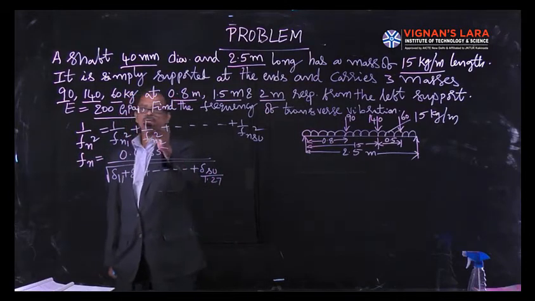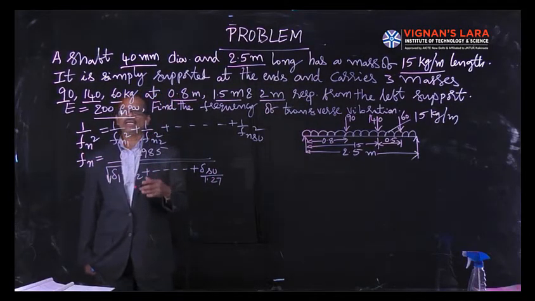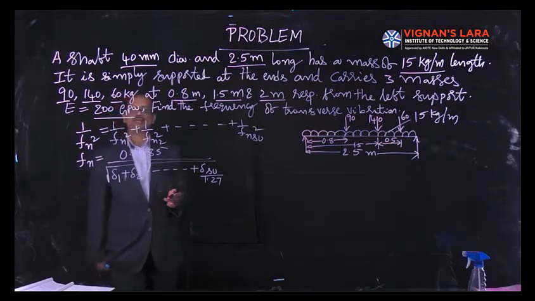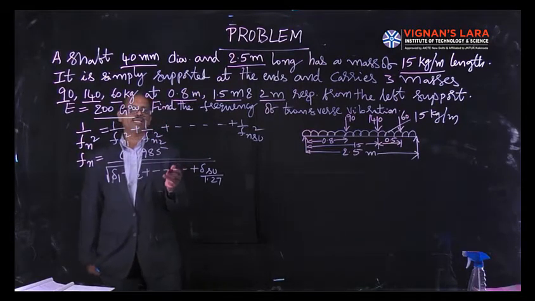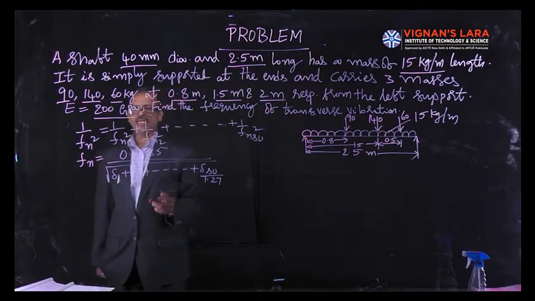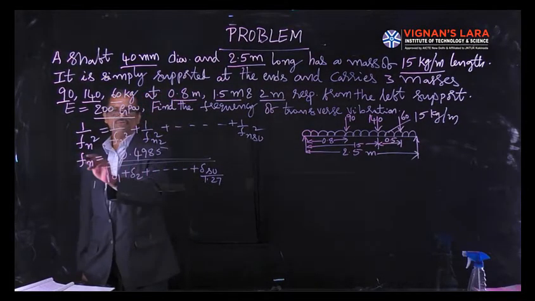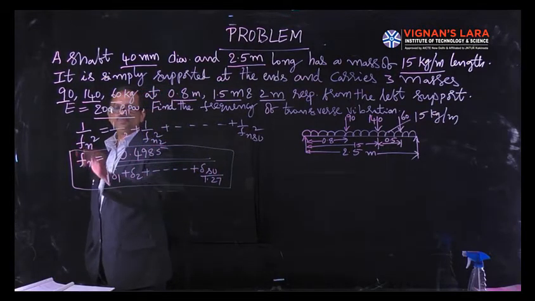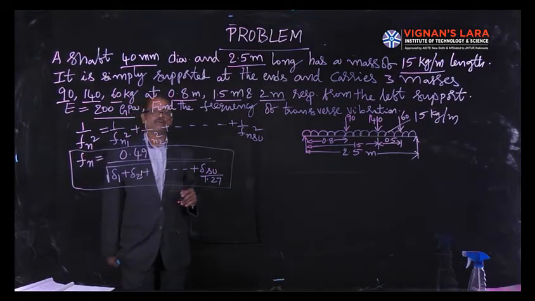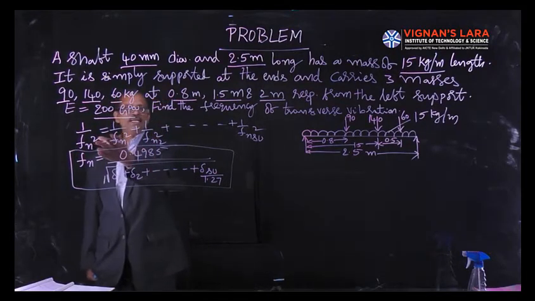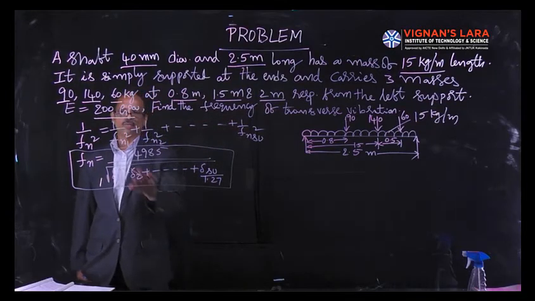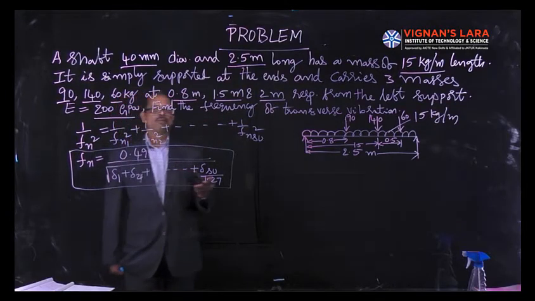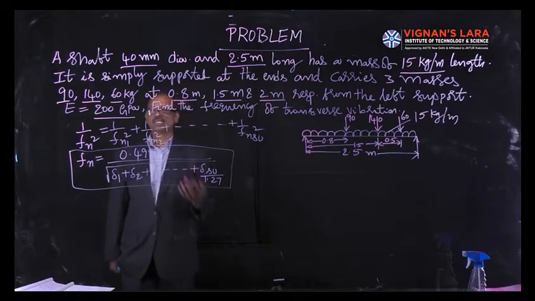So the same equation, substituting Fn is equal to 1 by 2 pi root G by delta and writing them in a simplified version and reciprocal of it and solving it to get Fn, we get the equation Fn is equal to 0.4985 by root over delta 1 plus delta 2 plus so on, delta SU by 1.27. Even if you want to write this way, you can get the value, but it gives a very simple way, because once you get delta 1, delta 2, you can directly substitute here.